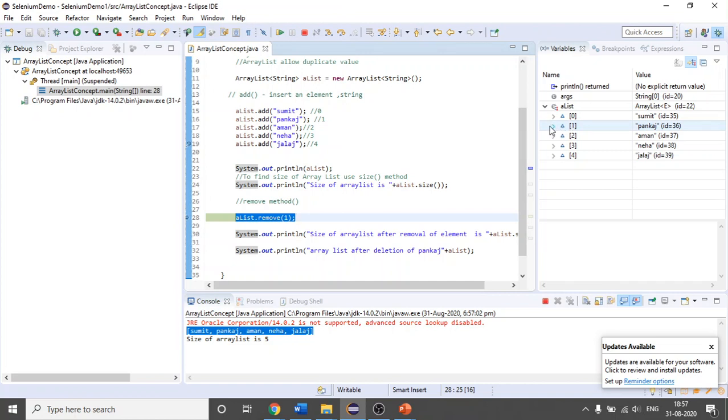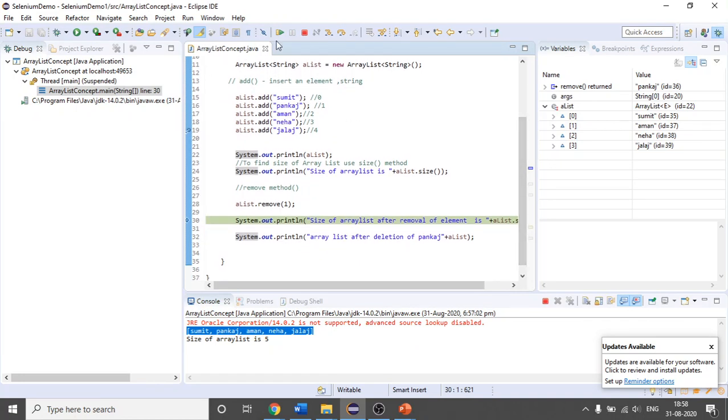you will see this list will shrink and Pankaj will be removed from this list. Okay, as soon as I click this, you will see the changes in the right hand side. So I am clicking it, and you can see how beautiful it is. This array list has shrunk its size to 4 and Pankaj is removed. And moreover, you can see that no memory is wasted here after the deletion as well, because the size is decreased at runtime. See, this is runtime.